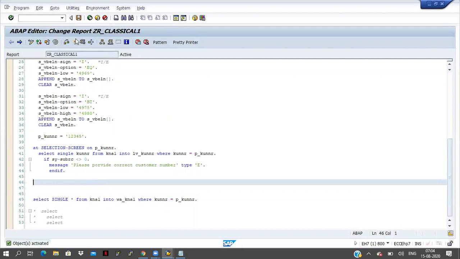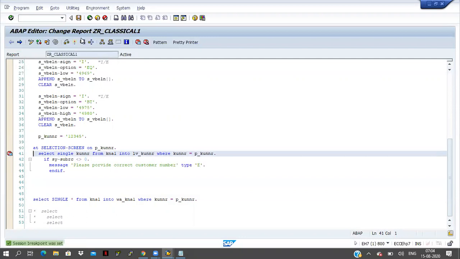Now I am clicking on the execute button, and I will keep the breakpoint here and click on the execute button.